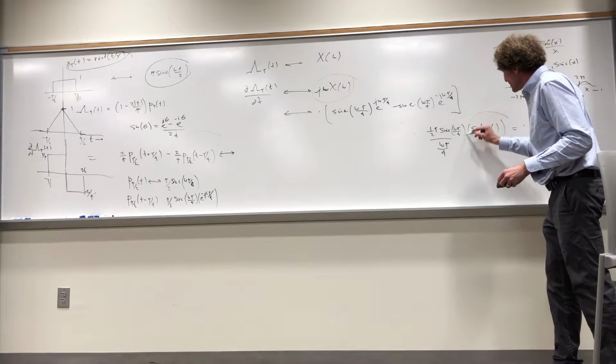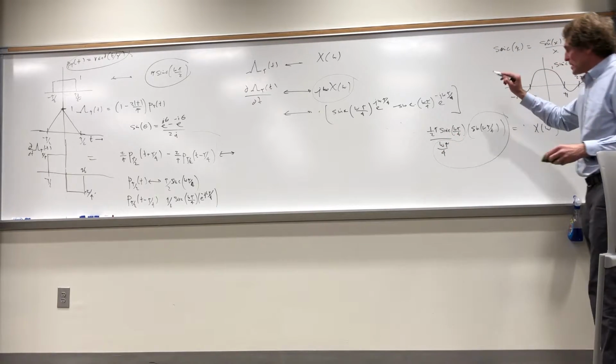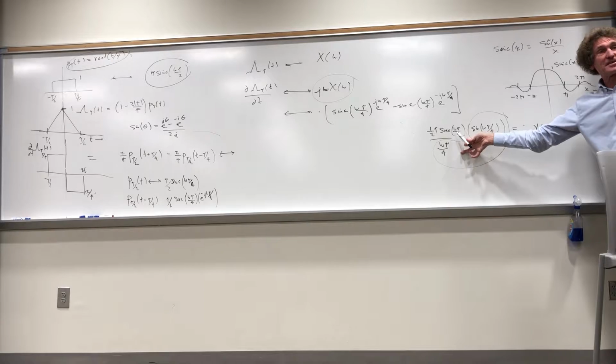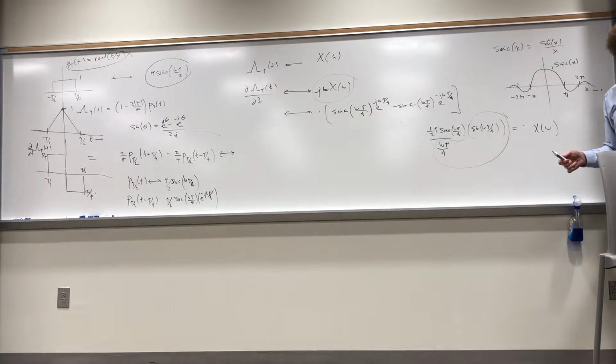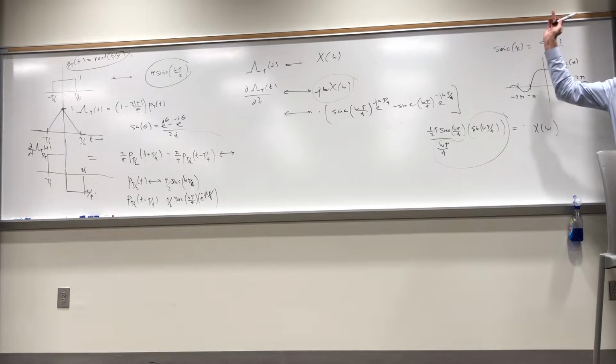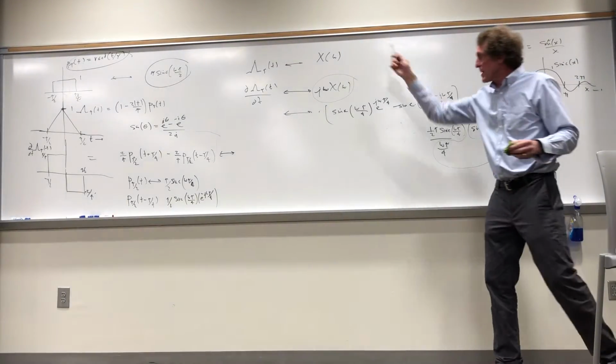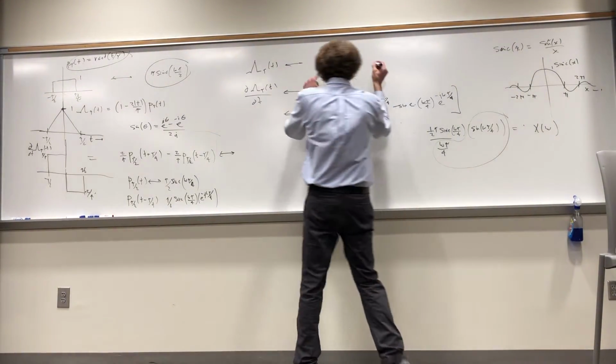Because what is this right here? Sinc of omega tau. That's exactly right. It's just that, isn't it? It's sinc of omega tau over 4. How many see this? And really what you can say is, therefore, the transform X of omega is actually,